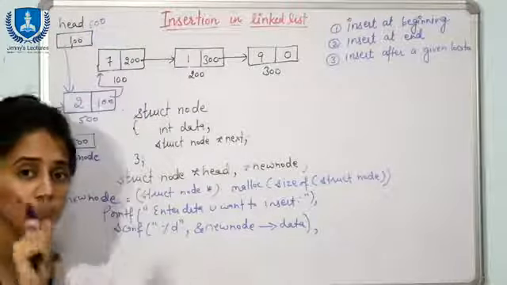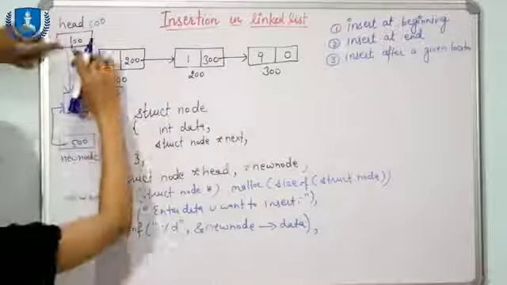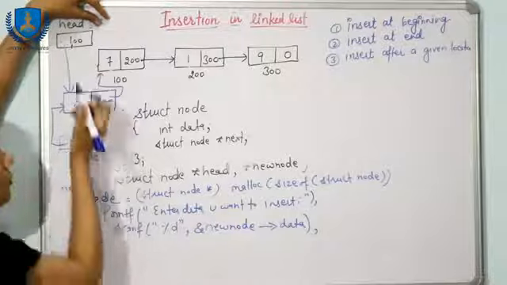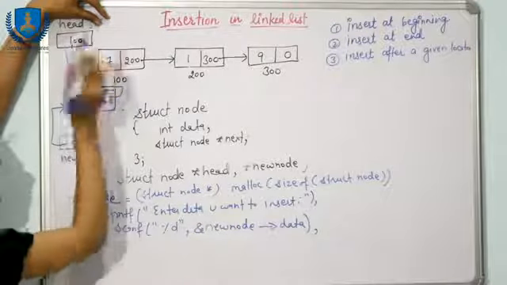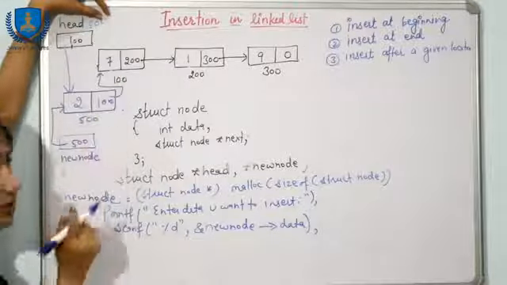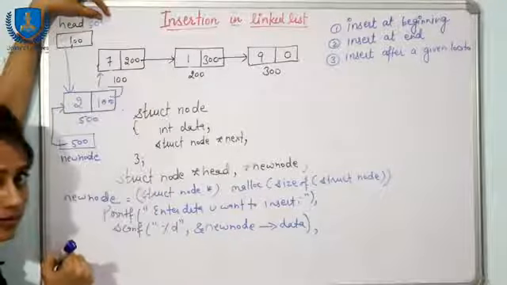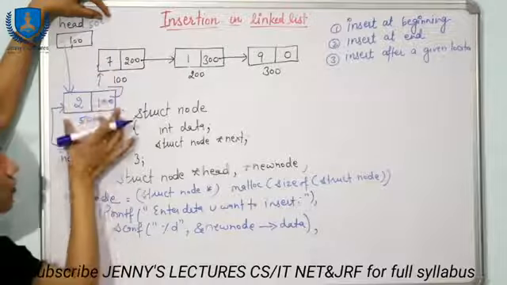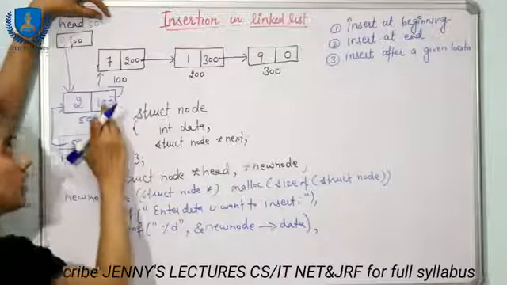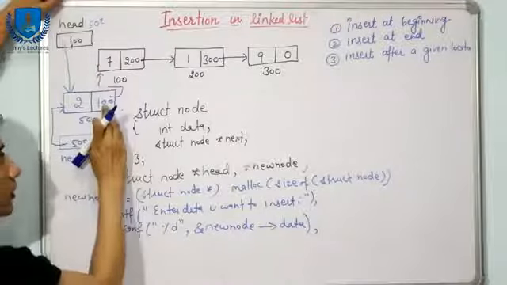Now which one are you going to update first? The right one you are going to update first. Why so? Because suppose at starting there in head we have 100, and now suppose first of all you are going to insert 500 here. Suppose I have inserted this new node, head is equal to new node, it means here we have now 500. So now this link is broken, and this link is also not there. Fine. So we have just one node in the list. We don't have any link to this node. So first of all you have to insert 100 here. After that you insert 500 in this head. After that you will update this head pointer. First of all you will update this thing.